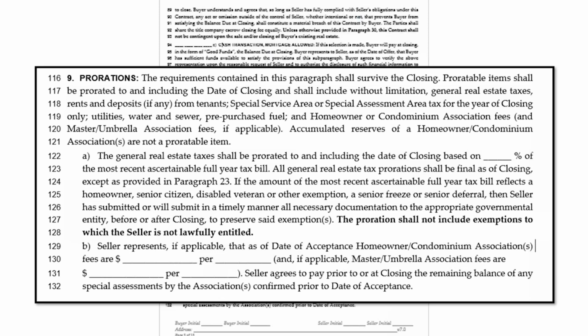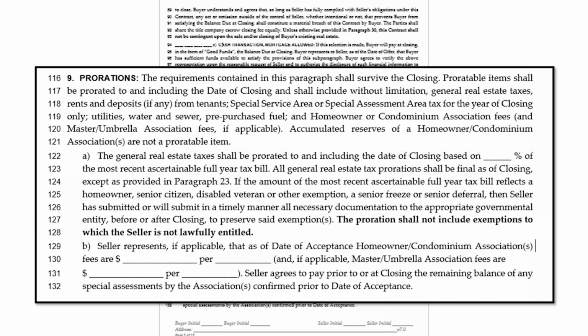So I'm again going to say you need to talk to your managing brokers about this, because in many marketplaces, we just put 105% in there, presuming that the taxes will go up 5% higher than they were last year, because we do taxes in arrears in the state of Illinois, and that means we don't have a new tax bill for the current year in most cases. So in some cases, we've seen those have to be prorated at 110 and 115%, depending on some special circumstances, okay?